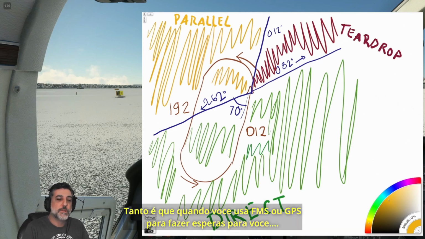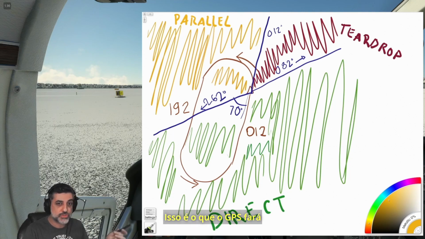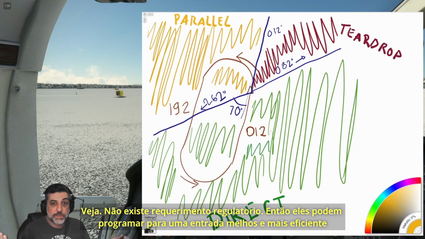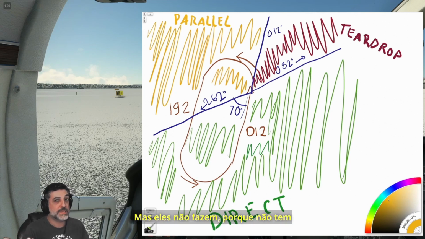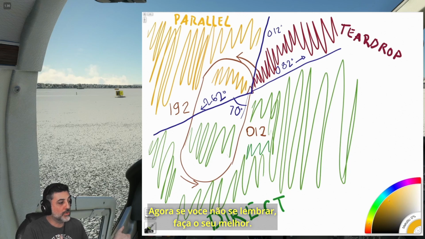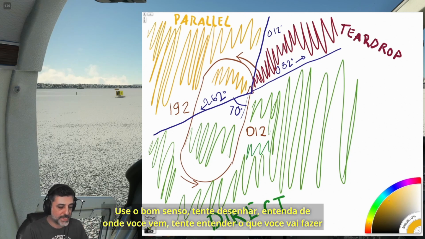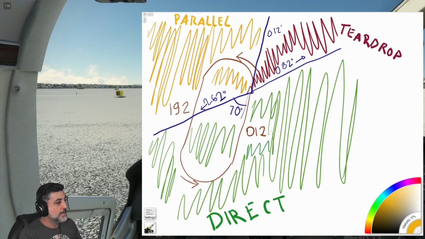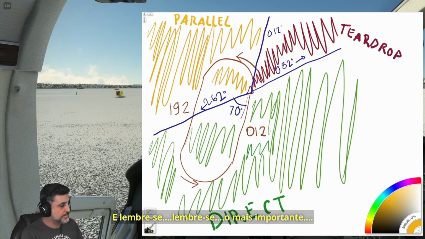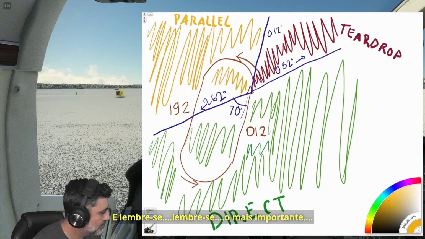So much so that when you use an FMS, a GPS that can do holds for you, that's what those GPSs are going to do. Look, there's no regulatory requirement, so they could have programmed them for a more efficient, better way to enter a hold. But they didn't, because there really isn't. Now, if you don't remember, do your best. Use common sense, try to draw it up, figure out where you're coming from, try to figure out what you're going to do. And remember that, most importantly,